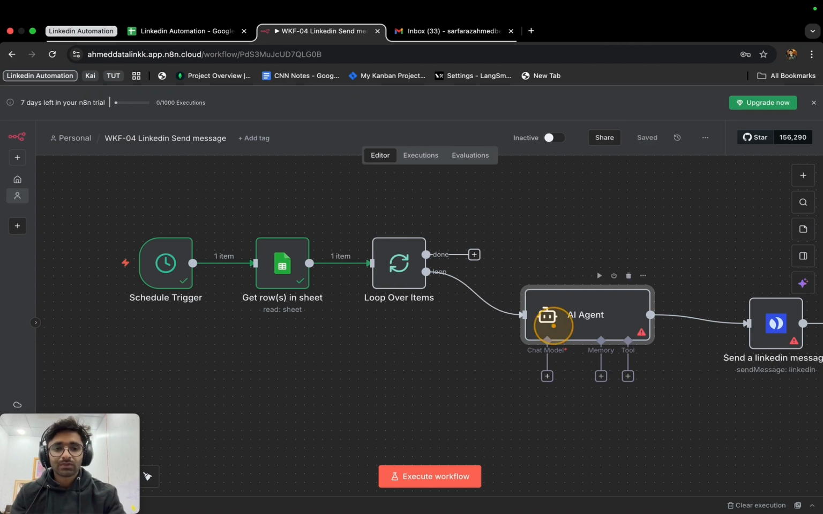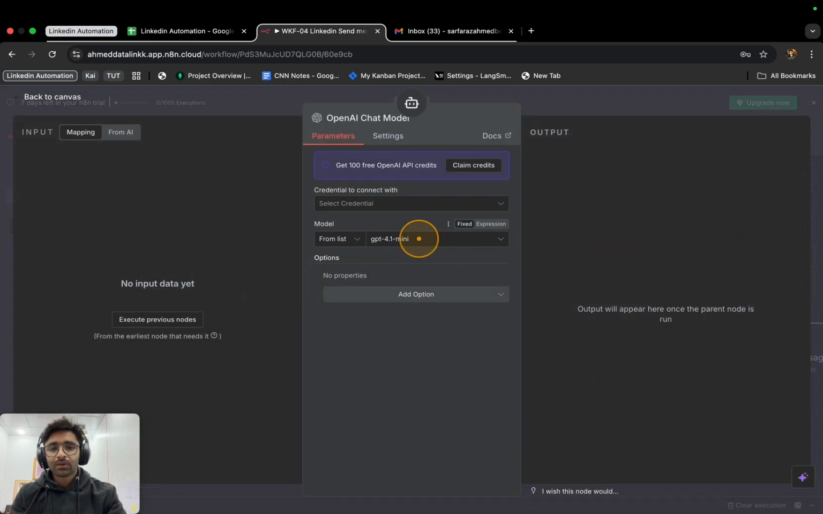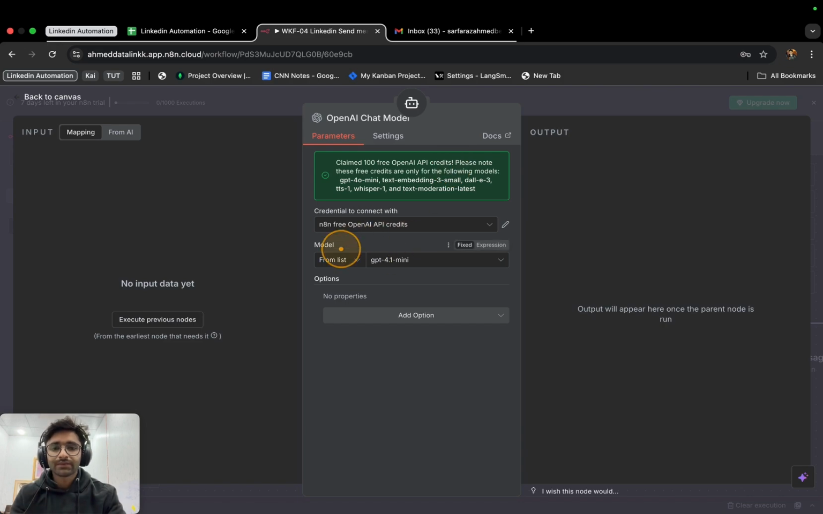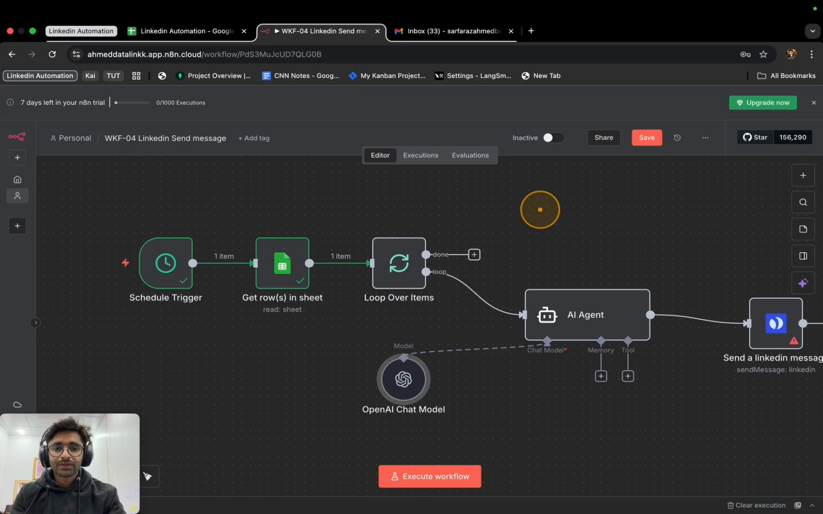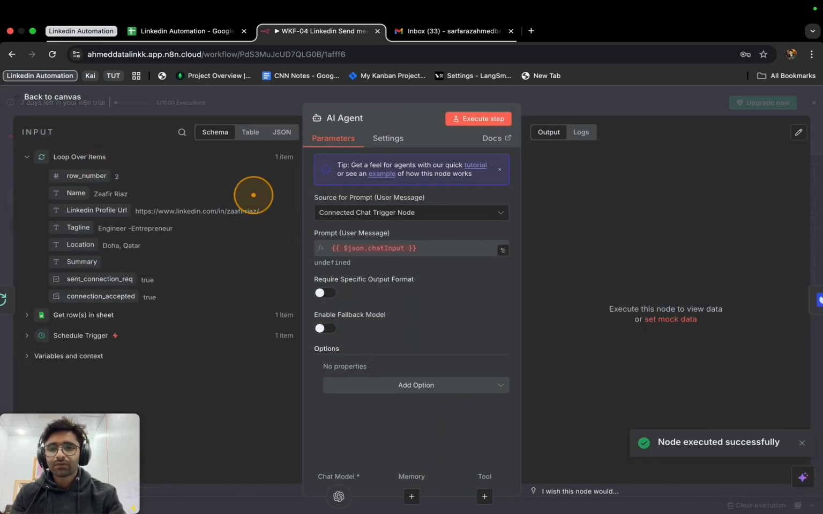Okay, so now I'm gonna connect a chat model with it. I'm gonna use OpenAI 4.1 mini, it seems fine. We can claim 100 free credits, so I have just claimed 100 free credits. You can also get them from n8n. So I have just connected this, and as a tool I'm not gonna connect anything. As a memory I'm not gonna connect anything. I'm just gonna run this loop for now, and from the loop I will be getting some values. So I'm gonna define here,